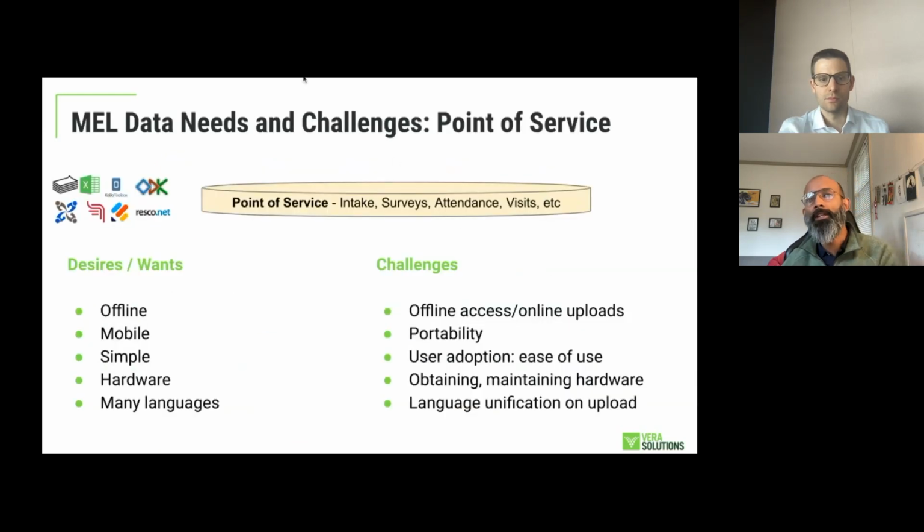So when we talk about MEL data at the point of service level, we are generally talking about more granular data, more transactional data. So think survey data collection or attendance tracking that needs to be done in the field. That kind of data actually becomes a key source of our MEL data for the organization. And we have seen a number of different needs at the field level, at the point of service level. A lot of times those revolve around offline capabilities from the tools that are used by the users,